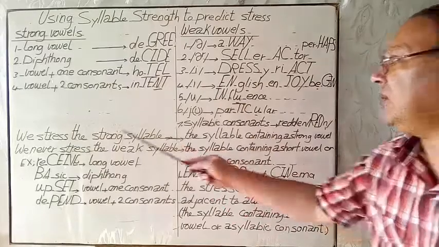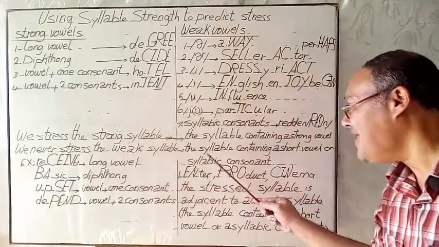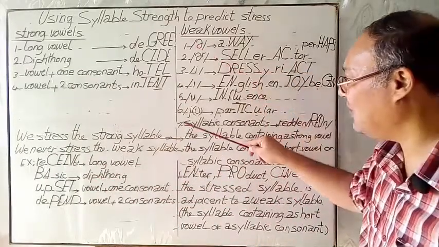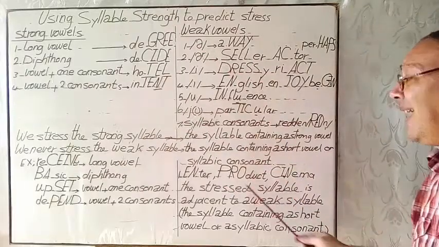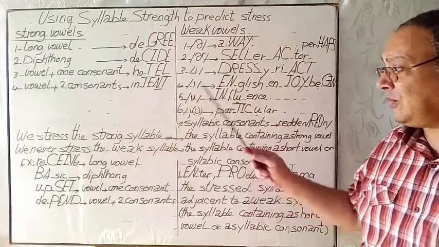So we never stress the weak syllable: the syllable containing a short vowel from 1 to 6 or syllabic consonants. Okay, for example,